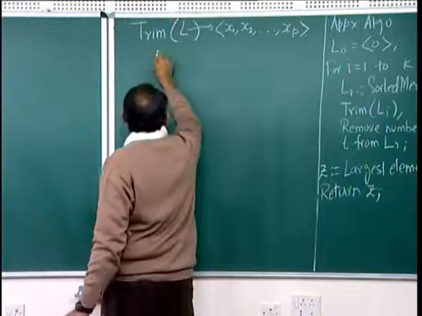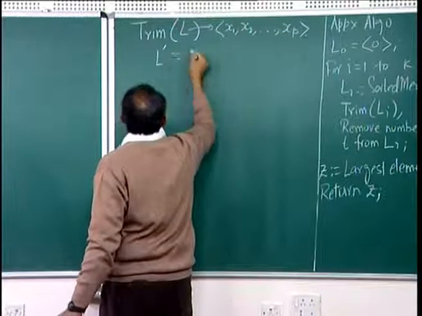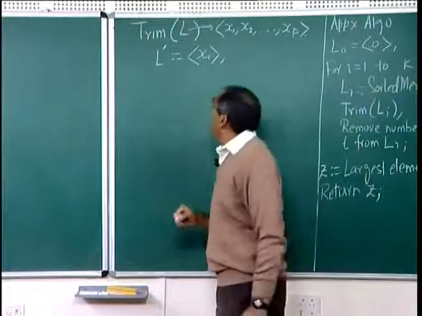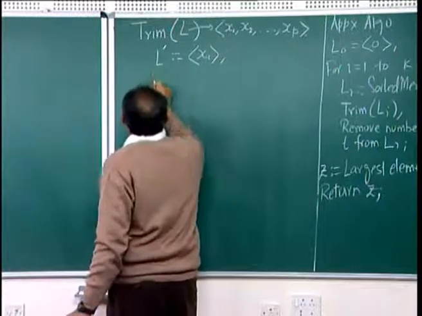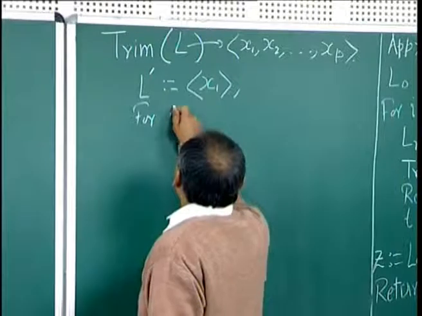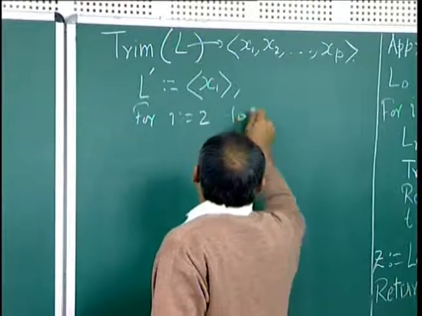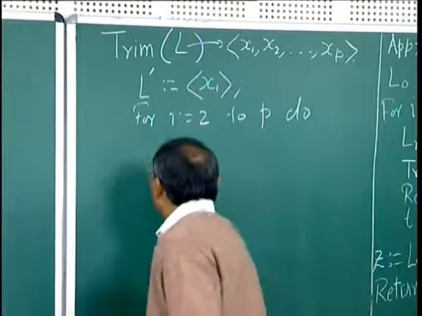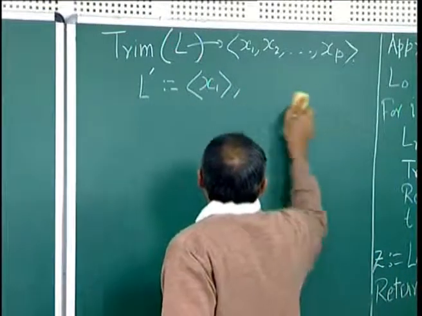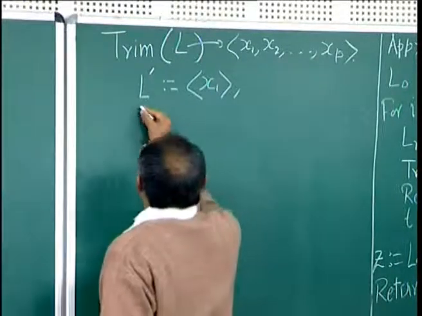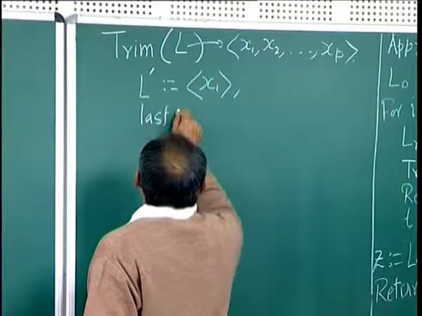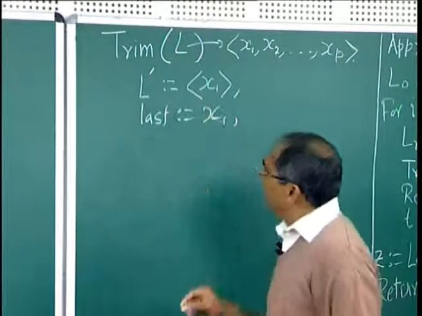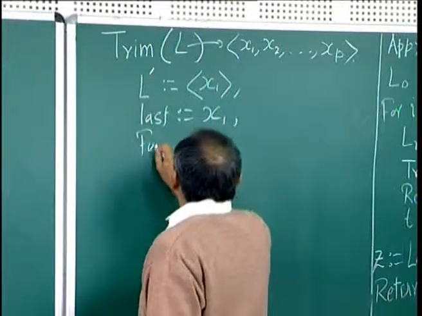Then we start with an L prime equal to the list containing only the first integer of L. Oh, there is one more thing I want to say, that is the last integer we have added to the list. So, we begin with last equal to x1, this is the last integer added to the list,